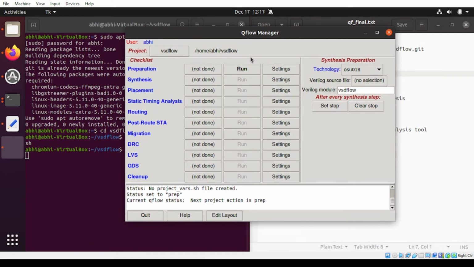So this is the QFlow tool, and in the next video I will explain how to use it, what these things represent, and how we can change the settings to go for different configurations for our design. But for basic understanding, you can just go through here and roam around. This is a 180 nanometer file. This is 45 nanometer, so there is a 45 nanometer file, and so on. I will explain the entire thing in the next video.